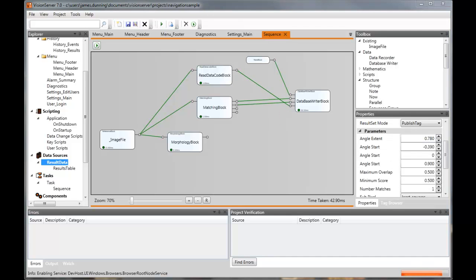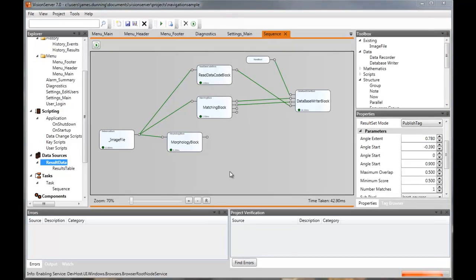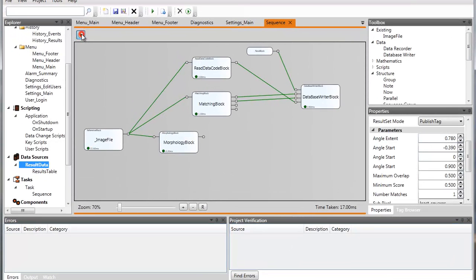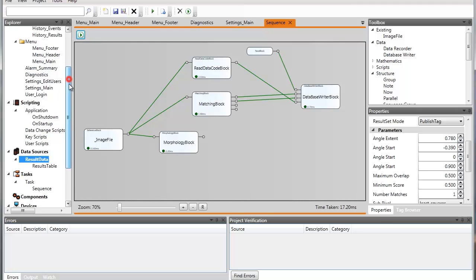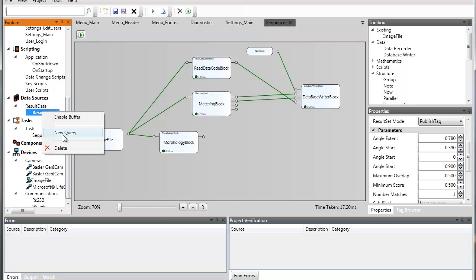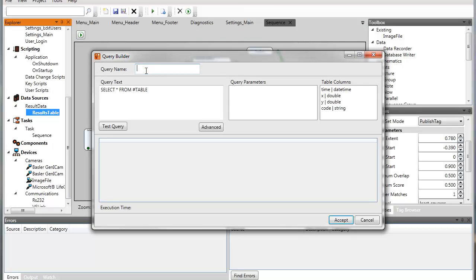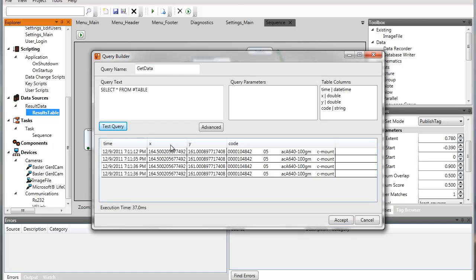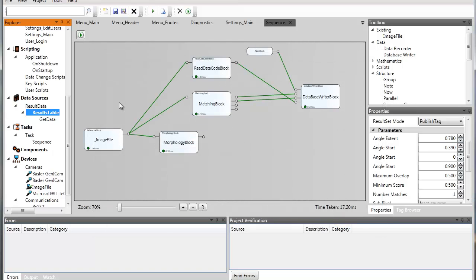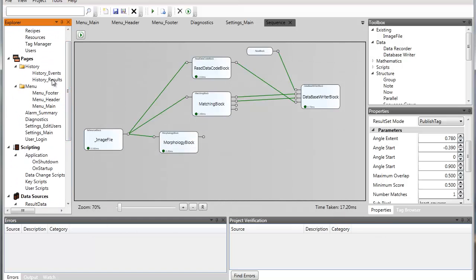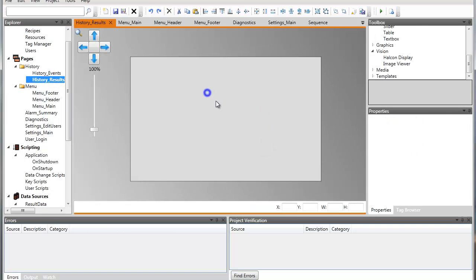Okay, so now that I've linked this up, let's just go and execute this a few times. So all this data is now being recorded in the database. So I can add a new query to our table, and let's just call it get recent, get data. And I can test it, and you can see we have a few rows in our table where the data's been stored. So I can just click accept,